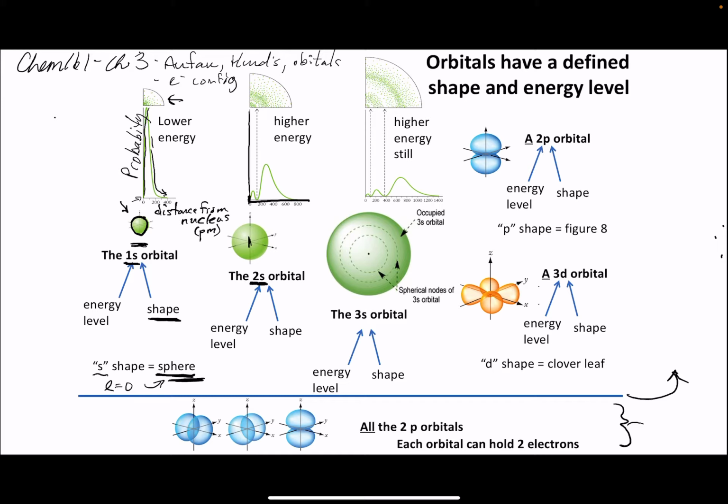And as we walk away from the nucleus, we build probability, and ultimately that probability climbs downward. At some point, we cut off the graph and say 99% of the area of this graph is at this point, and that's going to help us define the size for this orbital. Now, something interesting arises when we have